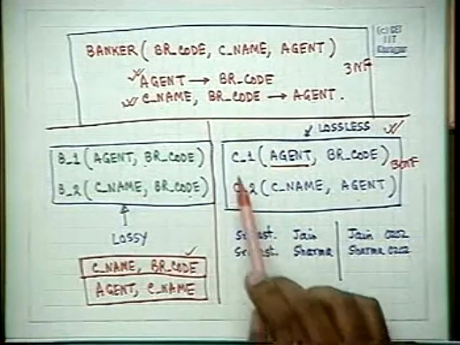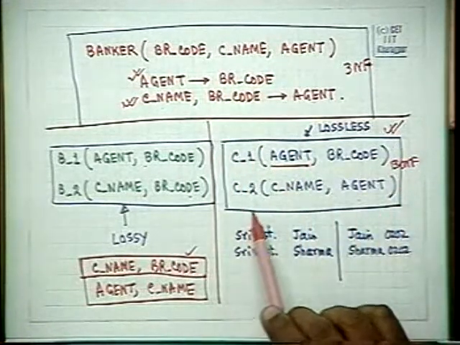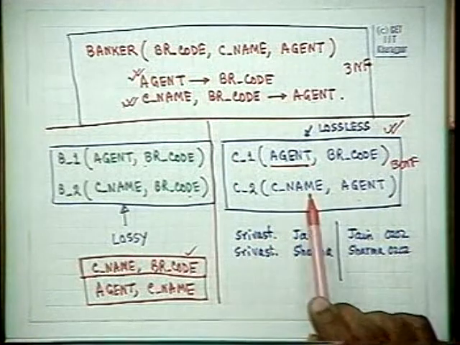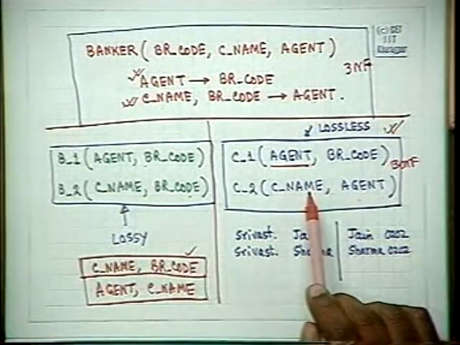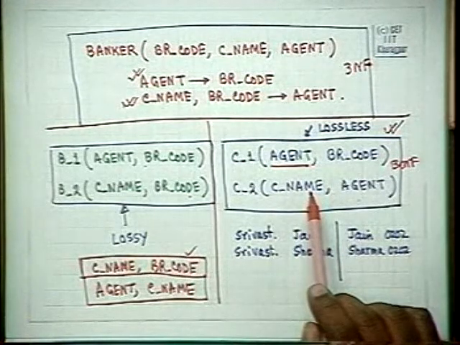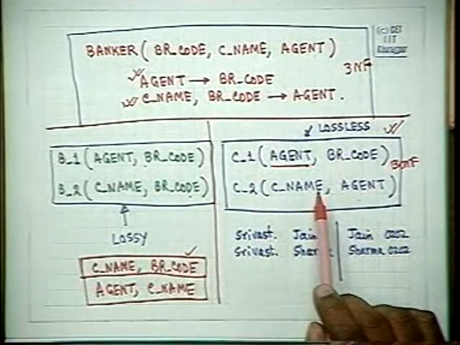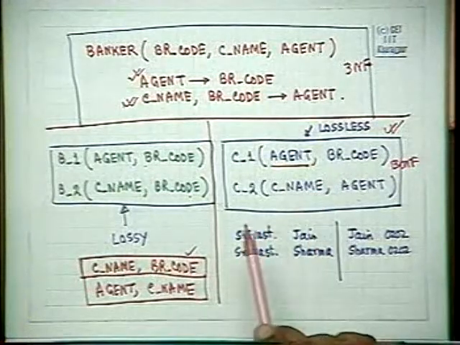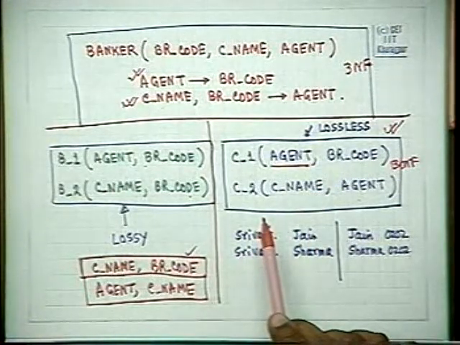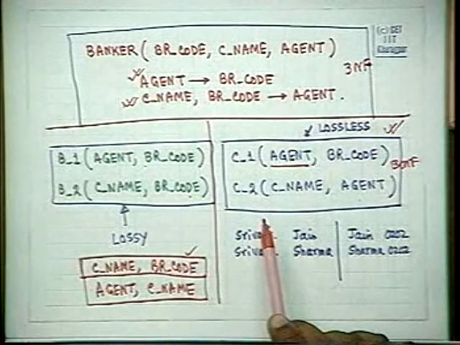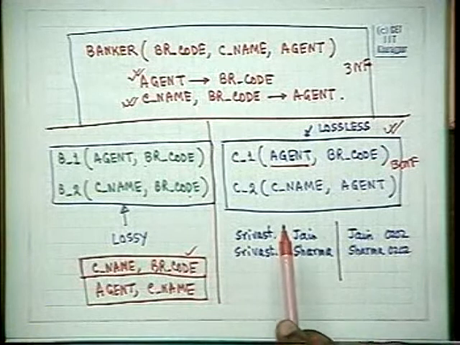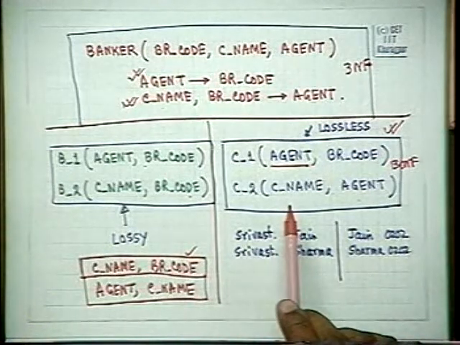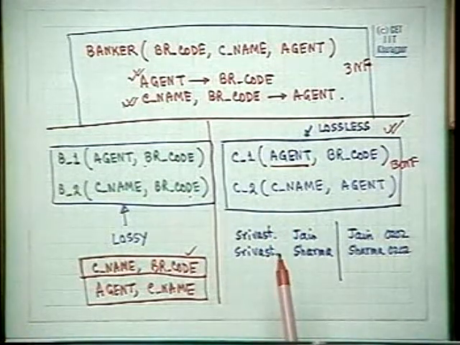Whereas we have an example of a decomposition which is in BCNF. It is a lossless join decomposition, but it does not preserve the functional dependencies. So, this means that we cannot have the best of all worlds in all cases, in the sense that we will not be able to guarantee that every relation scheme can be broken up into a set of relations which satisfy the BCNF normal form, preserve the functional dependencies, and their join is lossless.